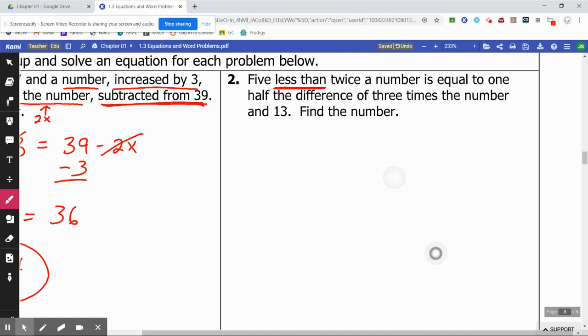5 less than twice a number. Again, we did twice a number on the last one. Twice a number would be twice x. 5 less than that would be 2x minus 5. Is equal to, equal sign,